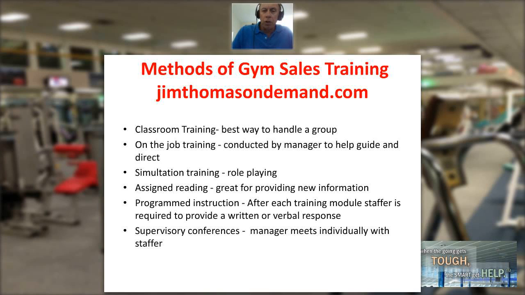Next is what we refer to as OJT. I think a lot of folks will call it on the job training, and this is typically conducted by the manager, by the supervisor, to help guide and direct that individual salesperson. You might even call it shadow training. And actually, we have a shadow training form that we have the salesperson fill out to provide